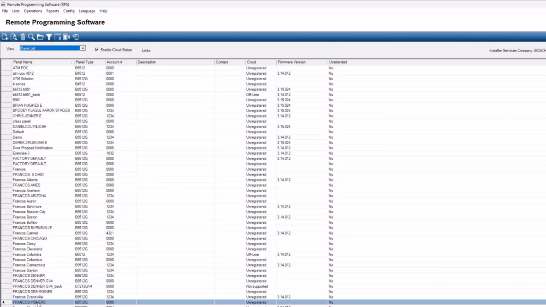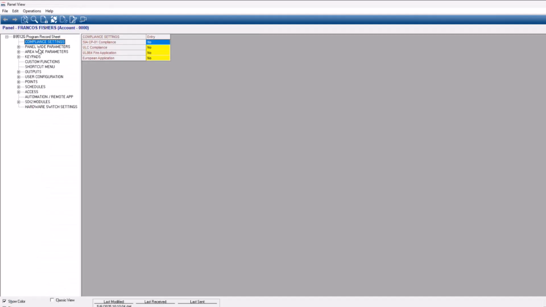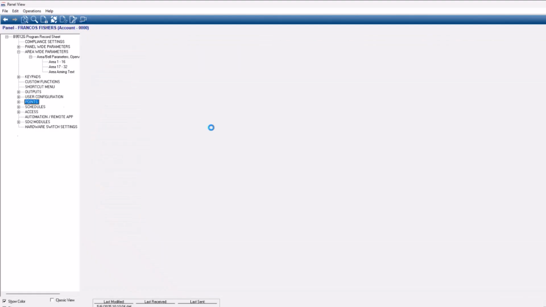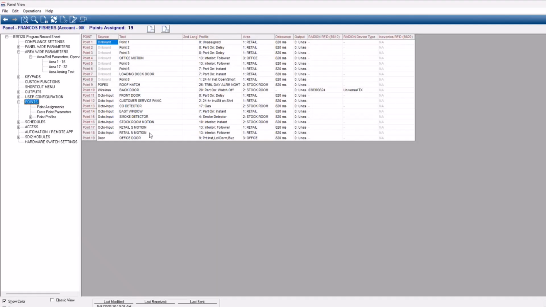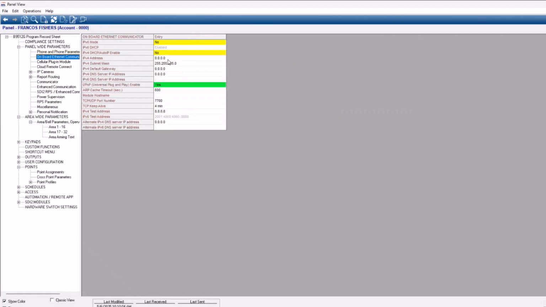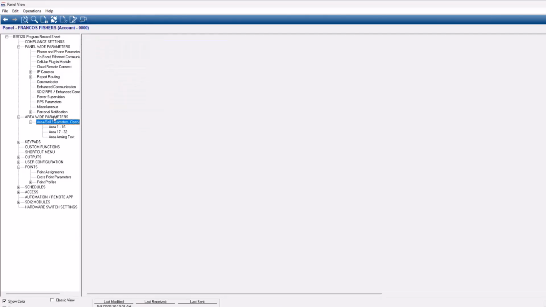And so whereas the panel we created before was just at the factory default settings, now I've got a panel in here, and we'll see it's just been applied with all those settings that were done in our template. So now all we have to do is go in and change the site-specific stuff, right? Give the panel an IP address, give it the central station account number,